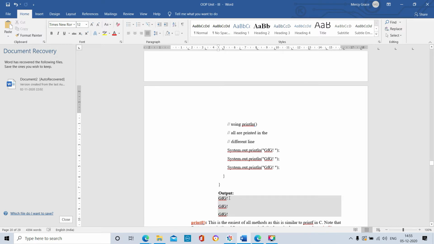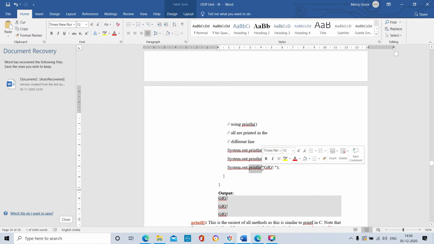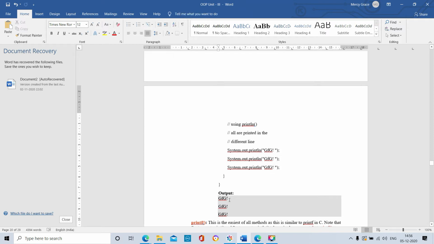If you use the println method, the cursor will move to the next line, so the next output will be printed on the next line. Again we are using the println method, so line by line our output will be displayed.